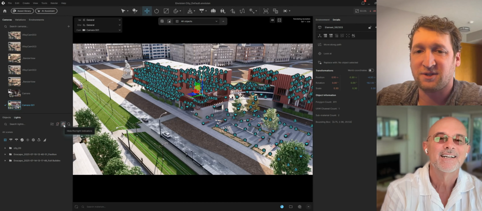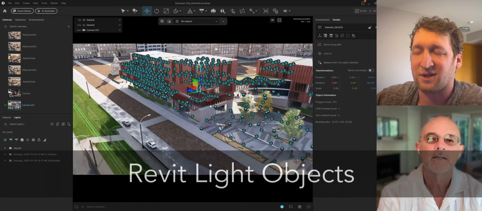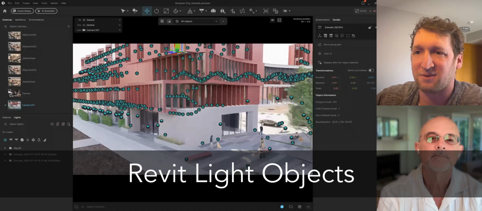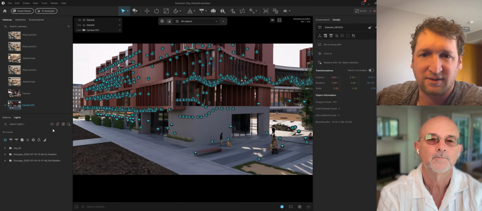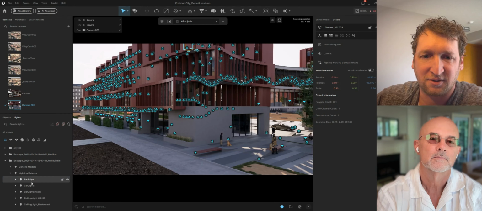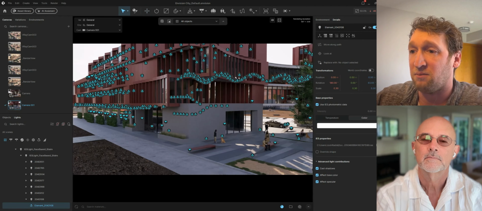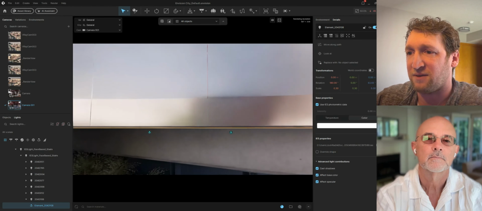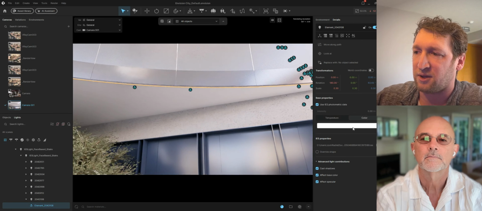Yep. And this is also a really big thing that I really like: it brings across all the lights from the host design application too. So I have all my Revit lights inside of my model here, generic lights and lighting fixtures too. I can see all these different ones. And if I click on these, this was something new with 1.5, the light functionality got an update too.